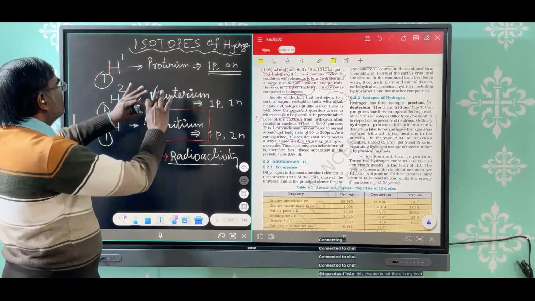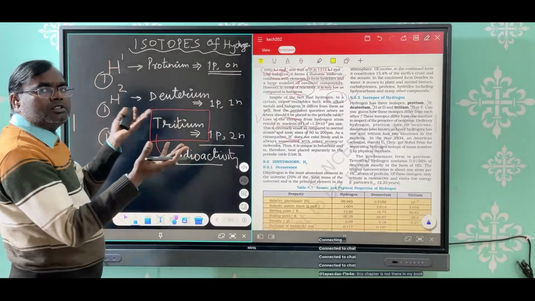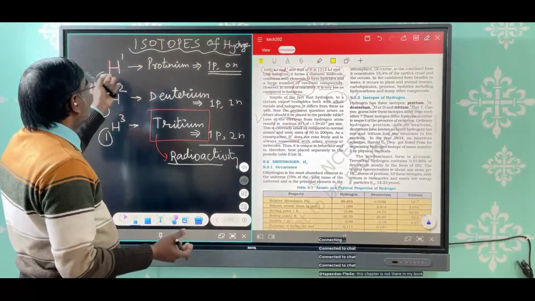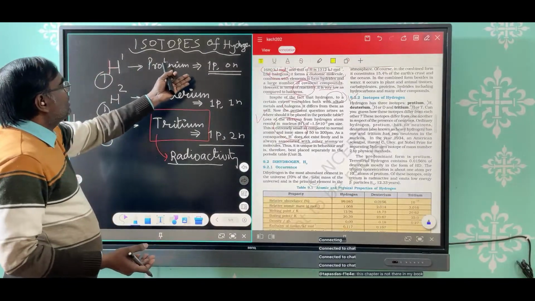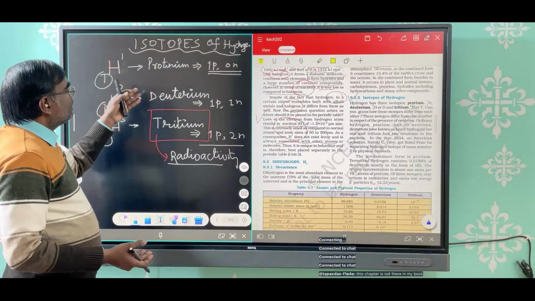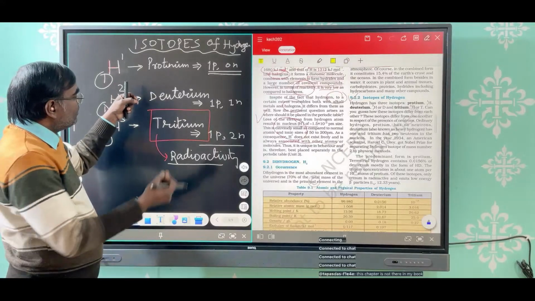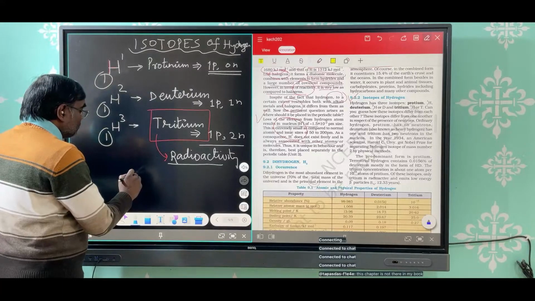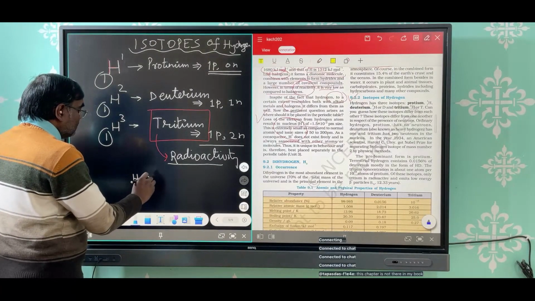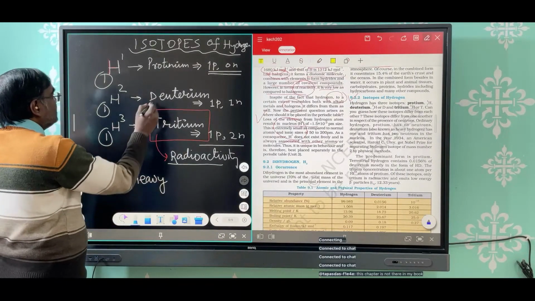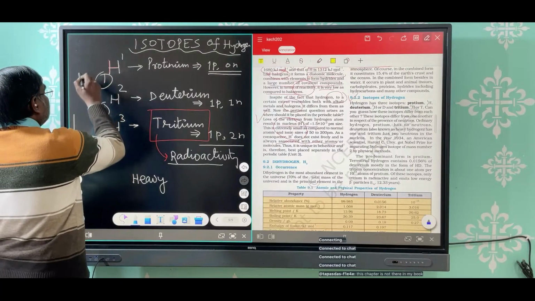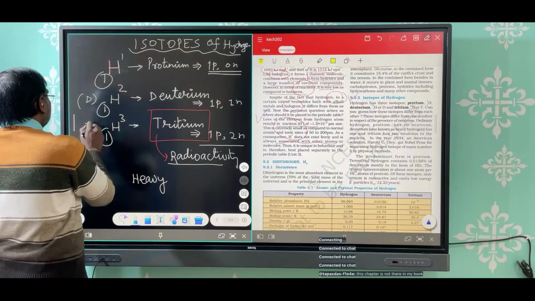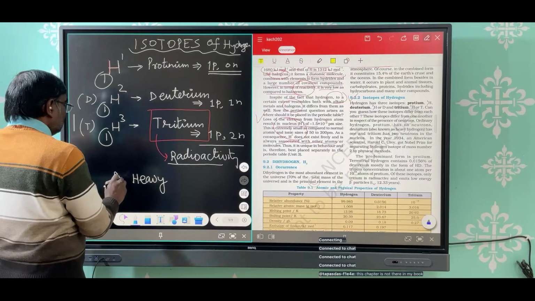I'm not going to discuss protium. That is the hydrogen one; you know everything about it. This single hydrogen, protium, has a single proton and zero neutrons. The important thing about deuterium and tritium is that deuterium is also known as heavy hydrogen, and we denote this as capital D, and this as capital T, tritium. So heavy hydrogen,